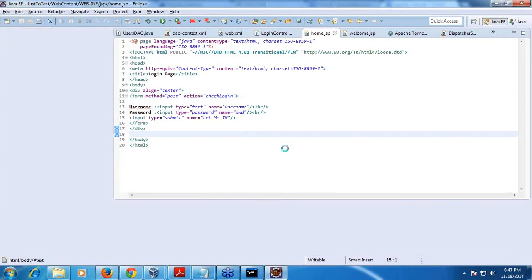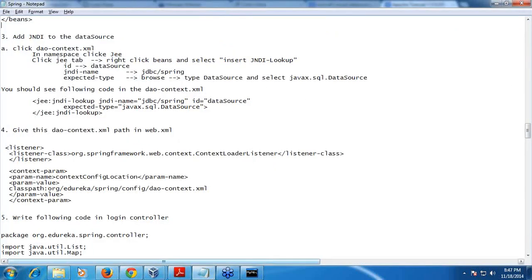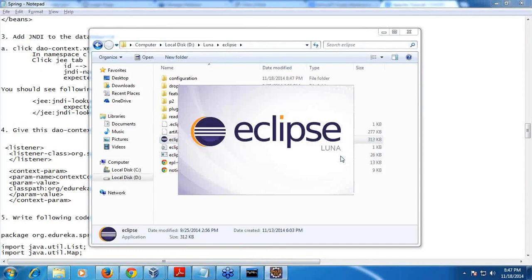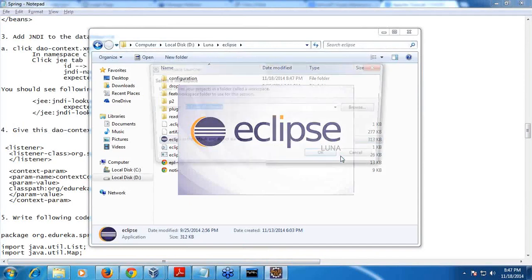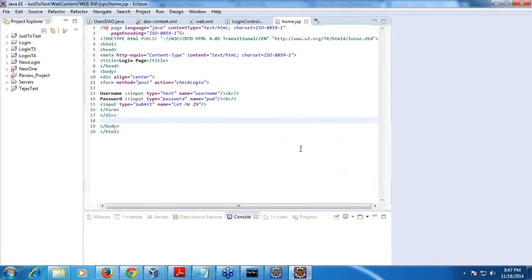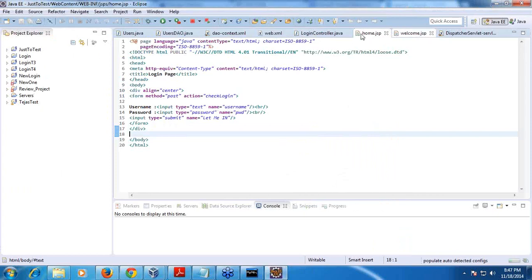I'm sorry for this, friends. Sometimes, so definitely you may not have to do this. Maybe some problem. I did clean up the project, everything, still that problem persists. I need to just check what is happening. So now let me close all.